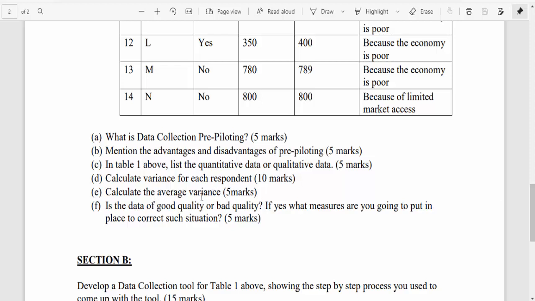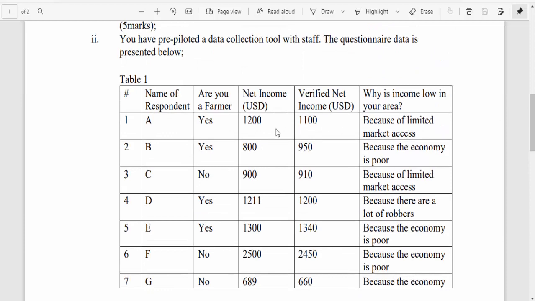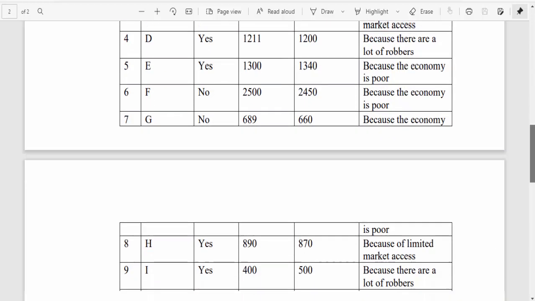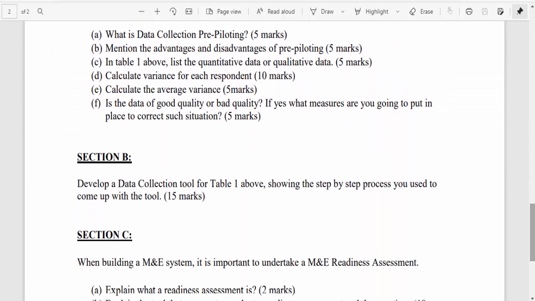Calculate the average variance. So is the data of good quality or bad quality? After you've done all the calculations for variance of all of these variables, you come up with an average, and then it's going to tell you exactly whether the quality of data is good or bad. Now, normally, when you discover that your data quality is bad, it could be many things in an organization.